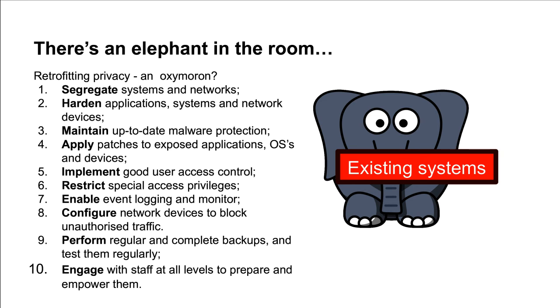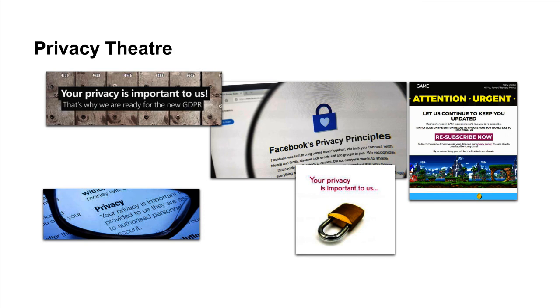And that all sounds very well, but have you heard it before? Yeah, that's the heart of what we do in information security. Because even with privacy by design, there's nothing really new under the sun. And as there's nothing really new under the sun when it comes to implementing privacy by design, not really, the messages that we get from all the big companies haven't really changed either. Our privacy is important to them. They have principles, and they really take care about the data on us that they hold.